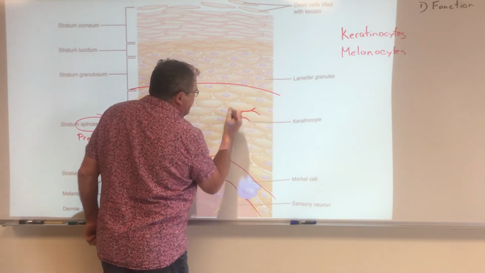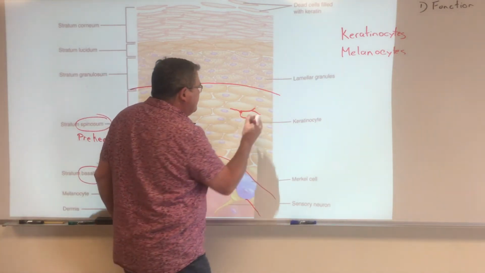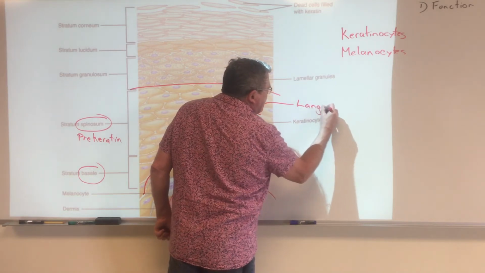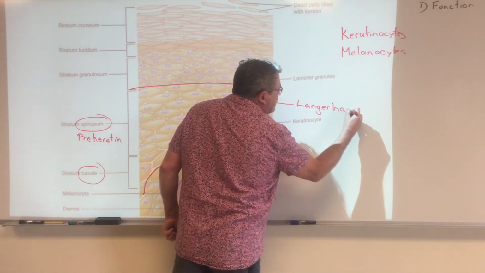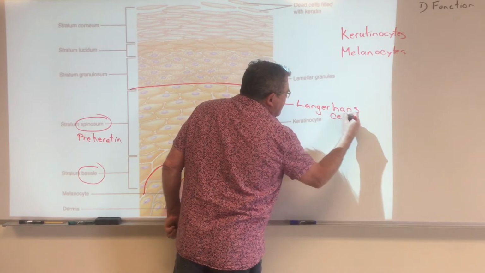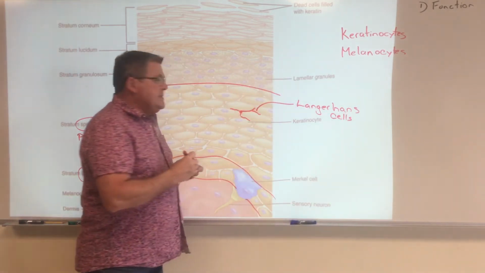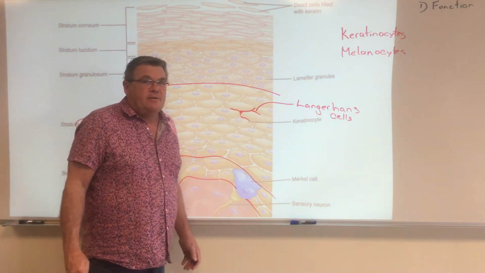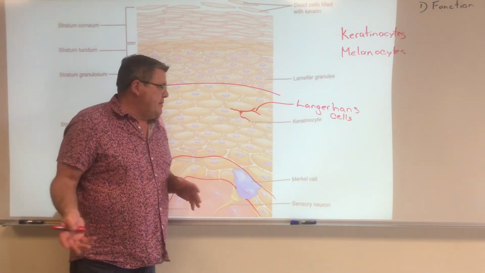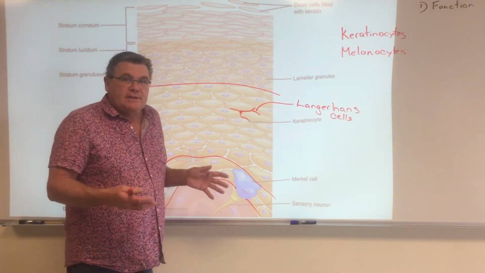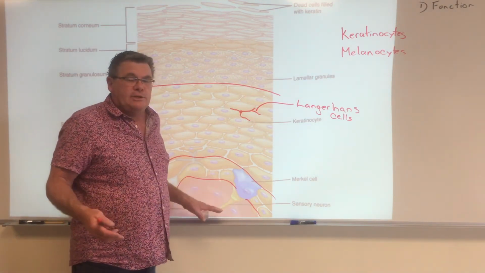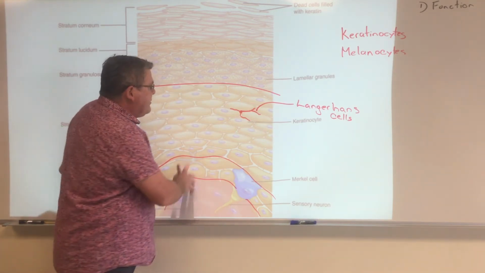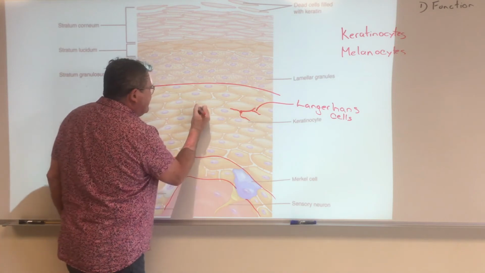We're going to have cells that are wandering through here called Langerhans cells. These Langerhans cells are macrophages. They're the big eaters. Remember, they came from the marrow, they moved into the circulatory system, and then in the vascular portion, which is not the epidermis, but the vascular portion, they then migrated out and they're wandering through, making